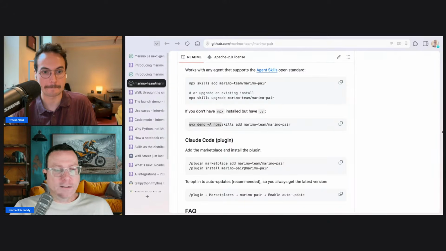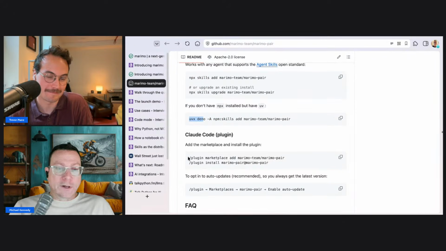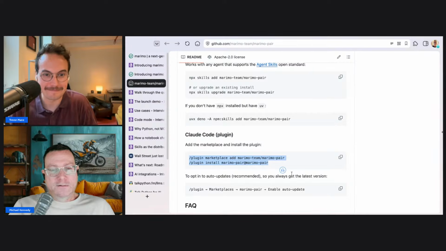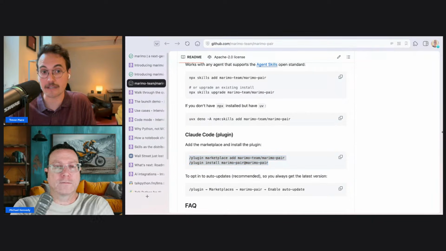Okay, very nice. Now, do you have a preference here, if I npx it or UVX it, or is it better to do the marketplace type of thing? Yeah, this starts to come down to your agent of choice.